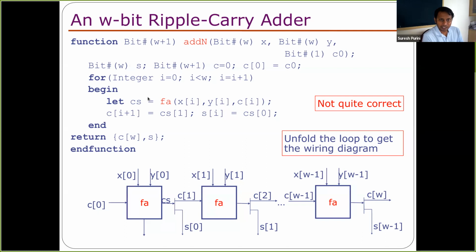What happens is, right now when you write this function, the compiler doesn't do anything, it just makes a note of it. Because W is a parameter, it cannot generate any kind of circuit. So at some point, if you want to use it,